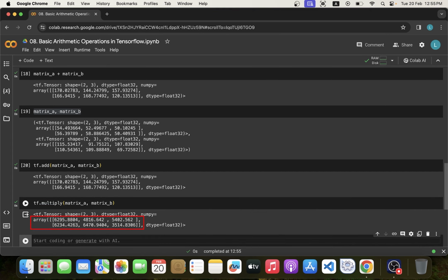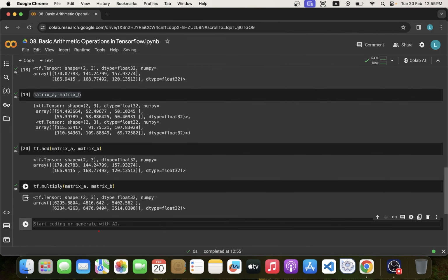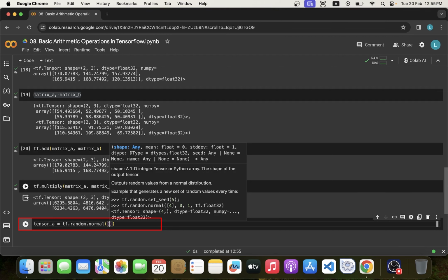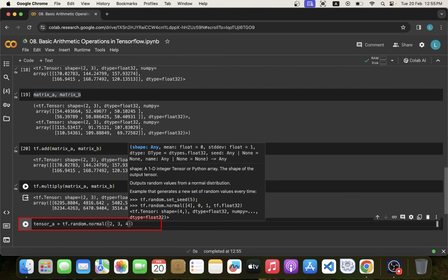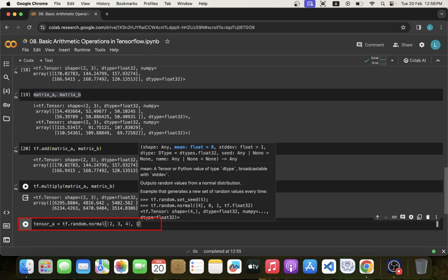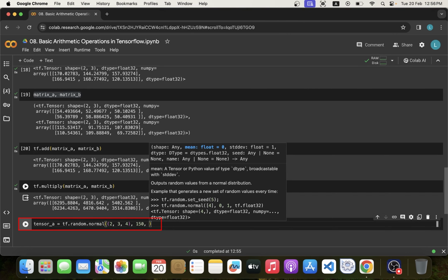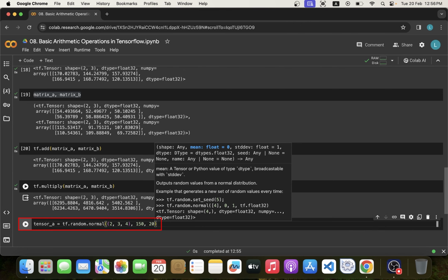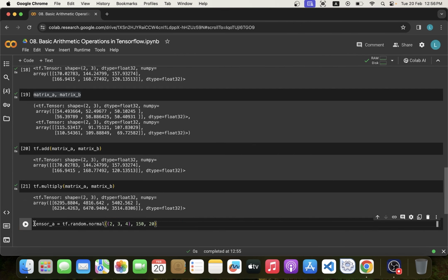Awesome. What about one tensor? So let's create one tensor. Let's name it tensor A, and we will use the normal distribution. So tf.random.normal. Let's pass the shape 2 by 3 by 4, and then mean is, let's say, 150, and deviation is, let's say 20. Copy this,